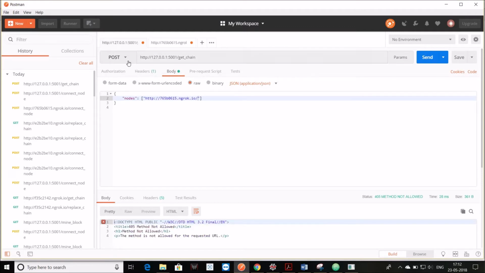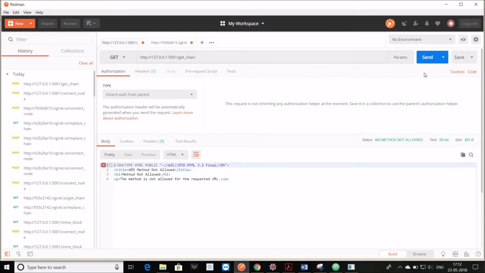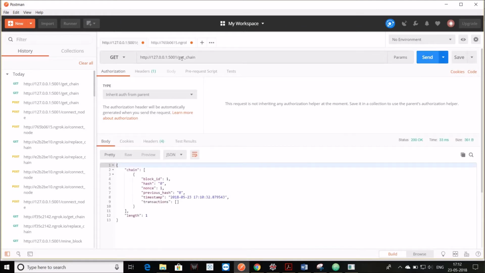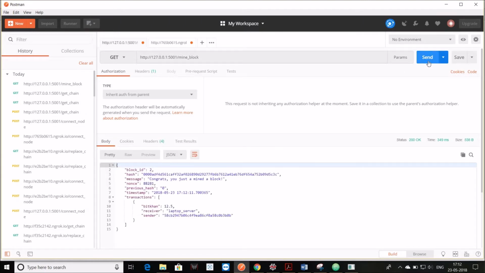Right now we get the chain, so we have just initiated our chain. So you see block ID is 1, the hash is 0. We are right now mining the block. You can see the 4 hashes, 4 trailing zeros,